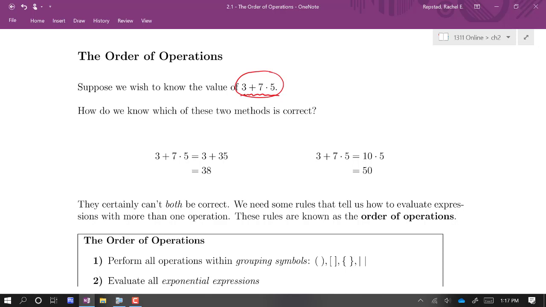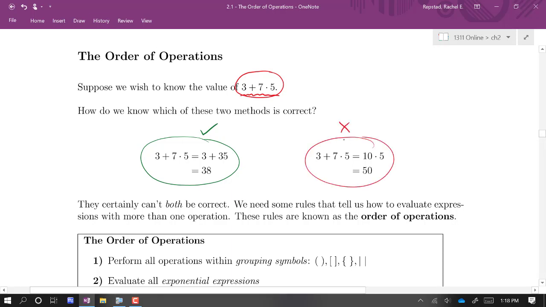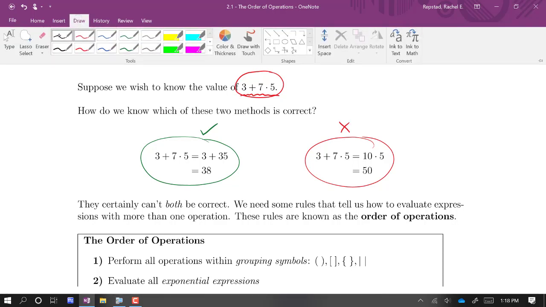Maybe you already know which one is correct, or you think you know which one is correct. As it turns out, multiplication happens before addition, at least in the absence of any sort of grouping symbols. Multiplication happens before addition. So this one on the left is correct. This one on the right is not. Actually, instead of putting a big X through this, so this is not correct, but it would be correct if we made a slight change,